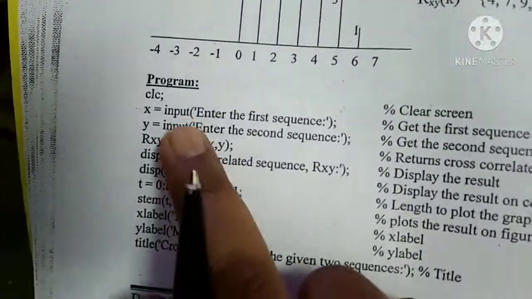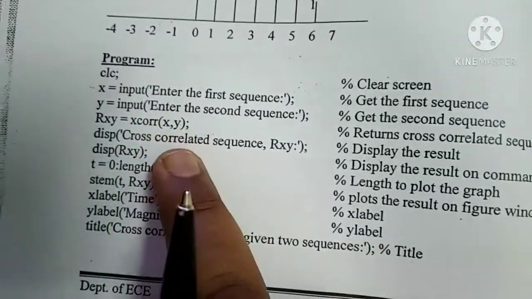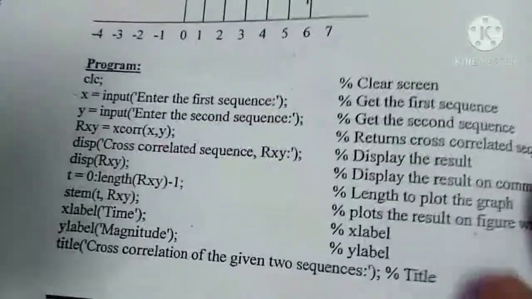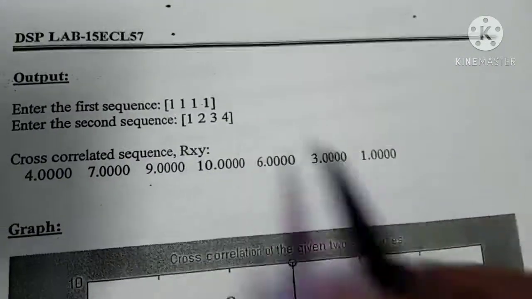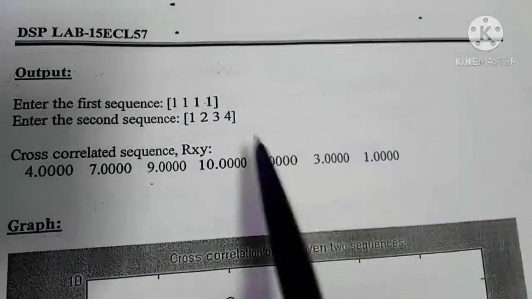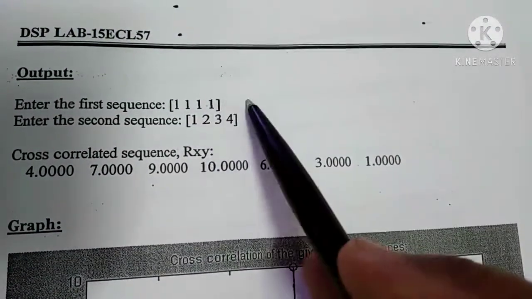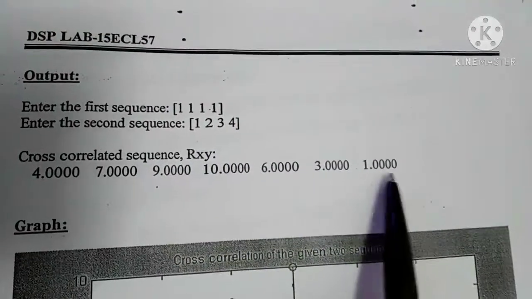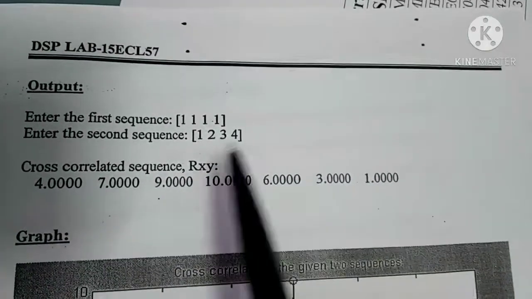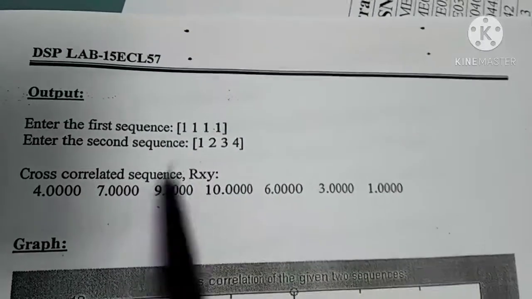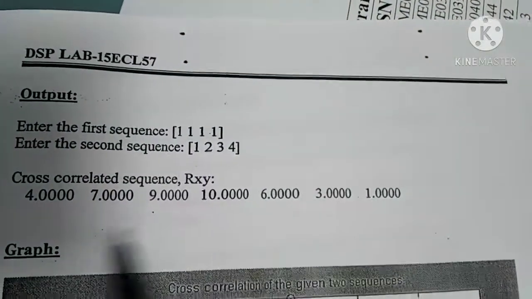so see, two different sequences are there, I am doing cross correlation, I am getting the result here. So here we have some properties. One property is, in the given example I have given two inputs, that is 1 1 1 1 and 1 2 3 4. I got this sequence. If I give reverse direction, there is 1 2 3 4 here and 1 1 1 here, then the result what I am getting is reverse of this one. In convolution this will not happen, but in correlation, if I give the inputs in reverse direction, I will get the output in reverse direction.